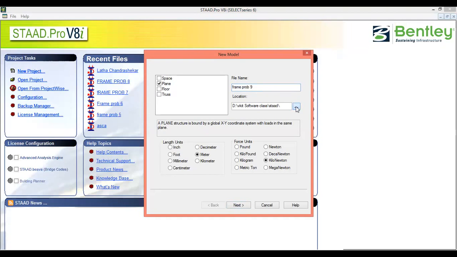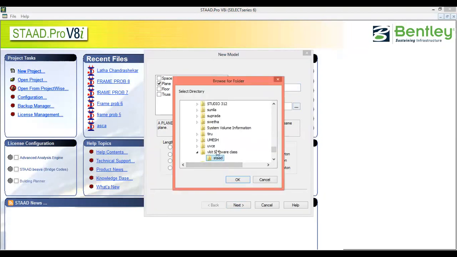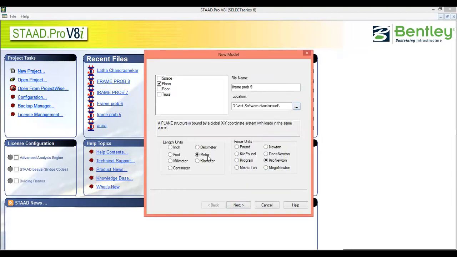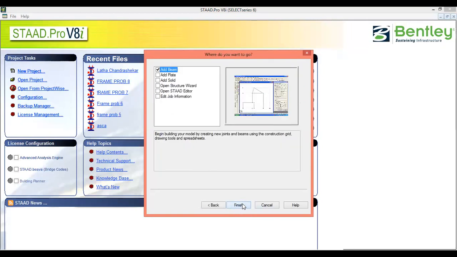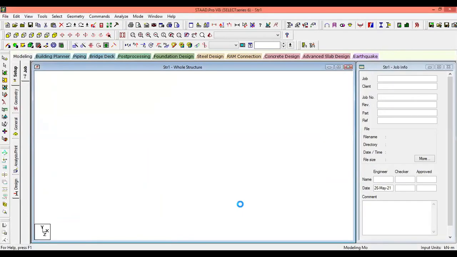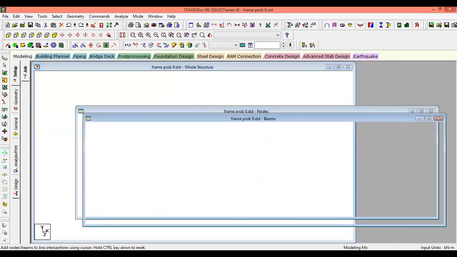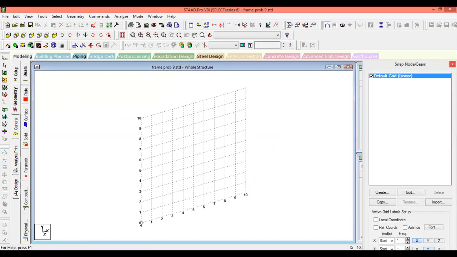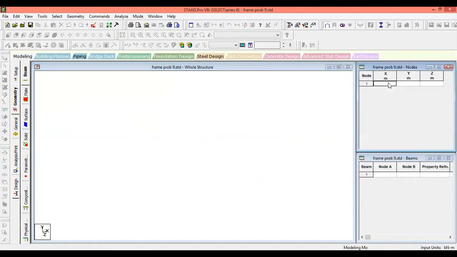I have saved in one of the folders, so there itself I will save it again. And the units are to be in meters and kilonewtons. Next, add beam, finish. This is as usual. Now cancel this. Now let us go to 0, 0 as the first point.